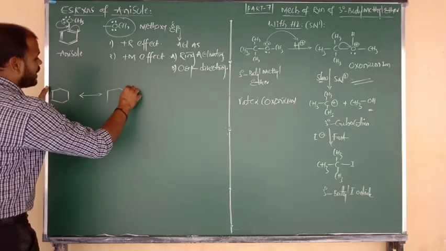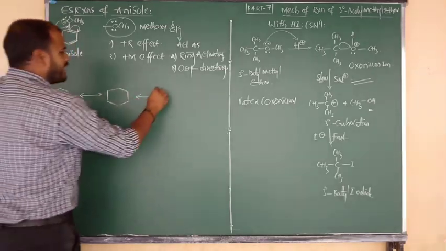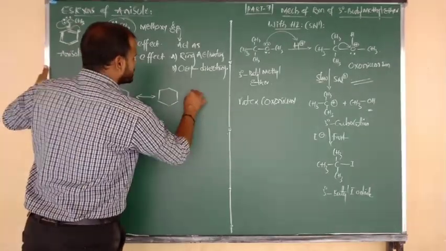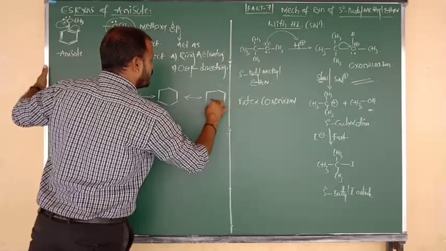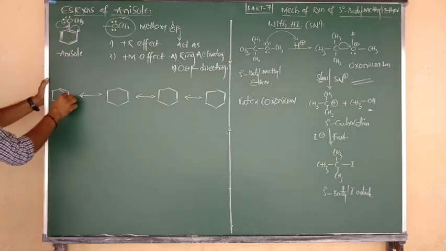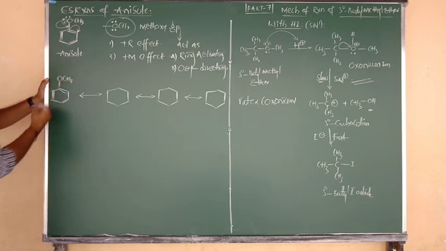Here is one, and here I want to show you the second structure. And this is the symbol of resonance, the two-headed arrow. And here I want to show you the third structure. Again the symbol of resonance. Again here I want to show you the 4th resonance structure. I am going to discuss one by one. First of all, let me write the original structure. Inside, 3 pi bonds are there and it is connected to the methoxy group OCH3.